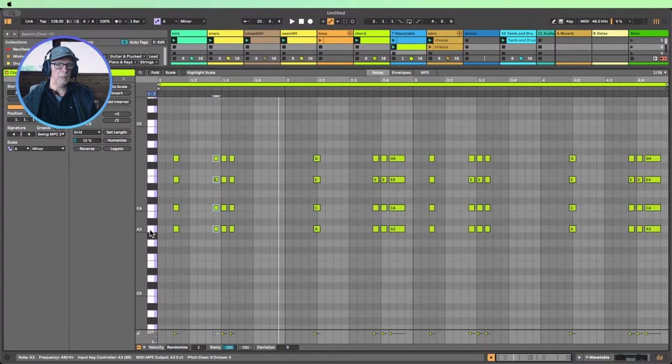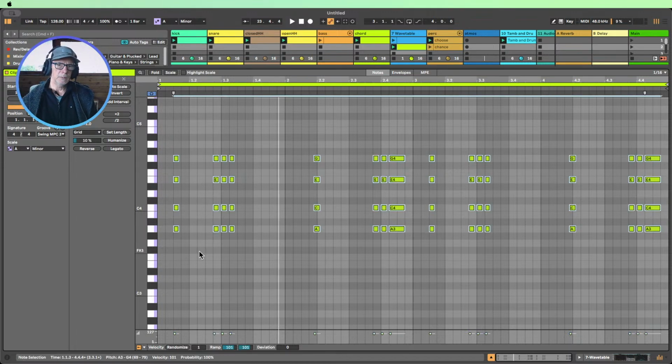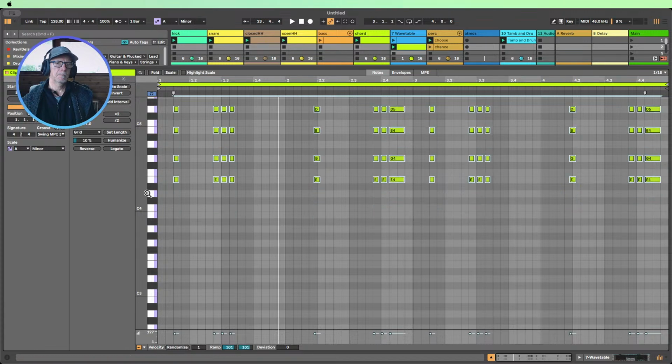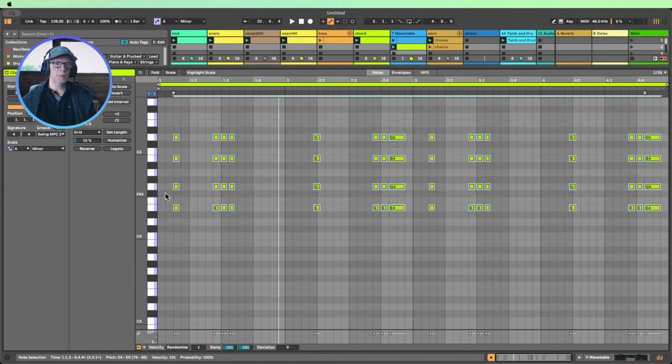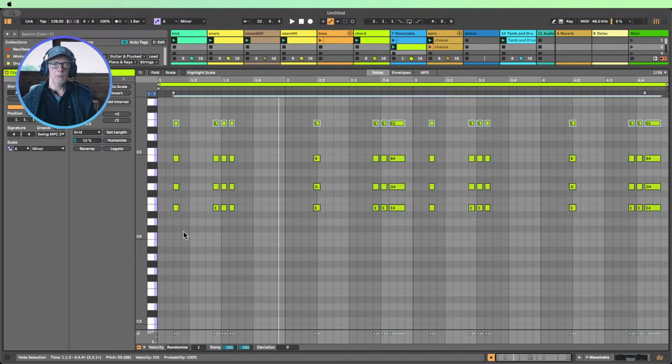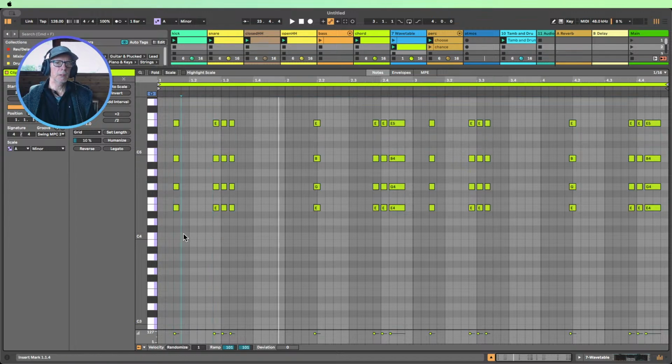So we are in A, and that was the root chord. So let's maybe select all these notes. And let's come up to the fifth, which is E, right? Yep. Just make sure we've got all of those, which we do. Could also bring the top note up one. And then let's have this